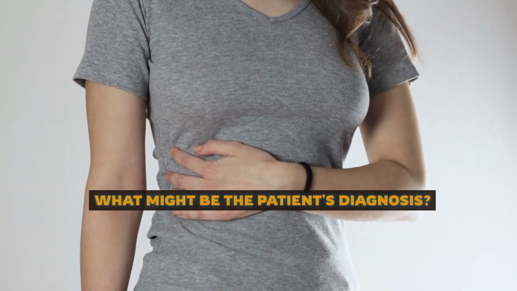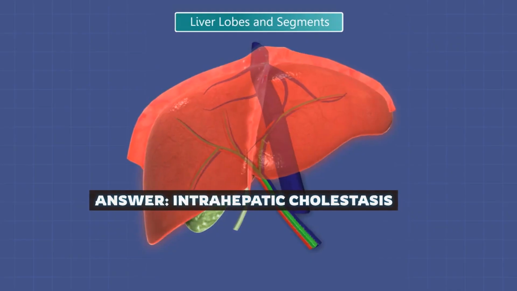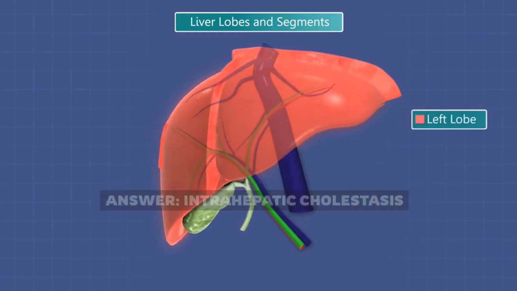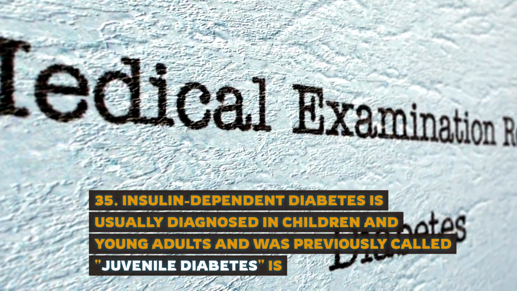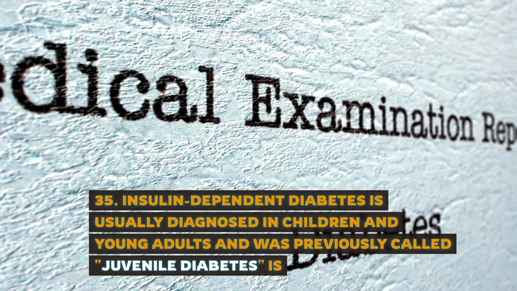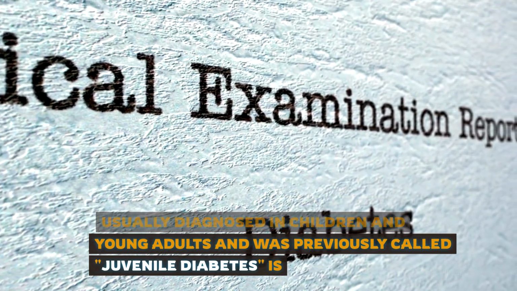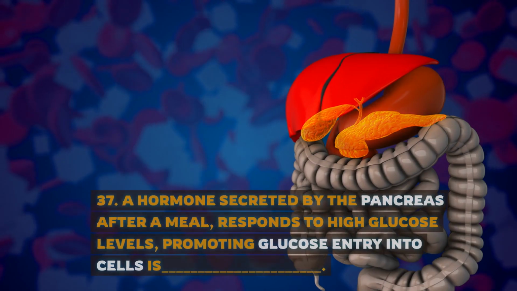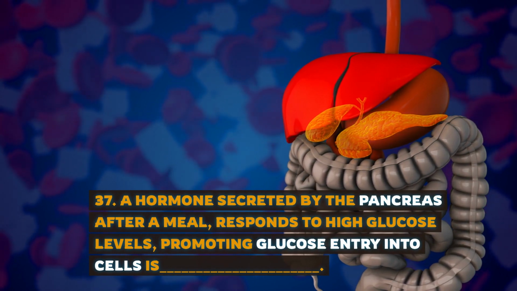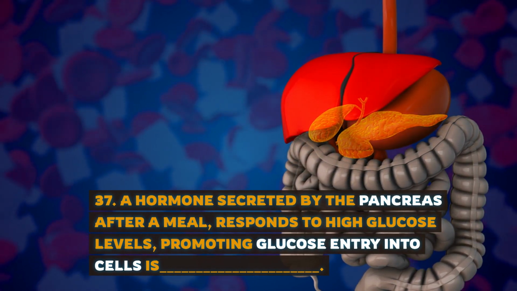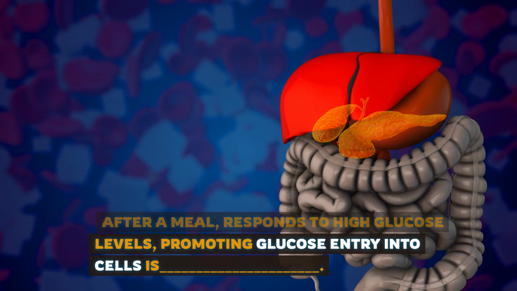What might be the patient's diagnosis? Answer: intrahepatic cholestasis. 35. Insulin-dependent diabetes is usually diagnosed in children and young adults and was previously called juvenile diabetes. Is? Answer: type 1. 37. A hormone secreted by the pancreas after a meal responds to high glucose levels, promoting glucose entry into cells is